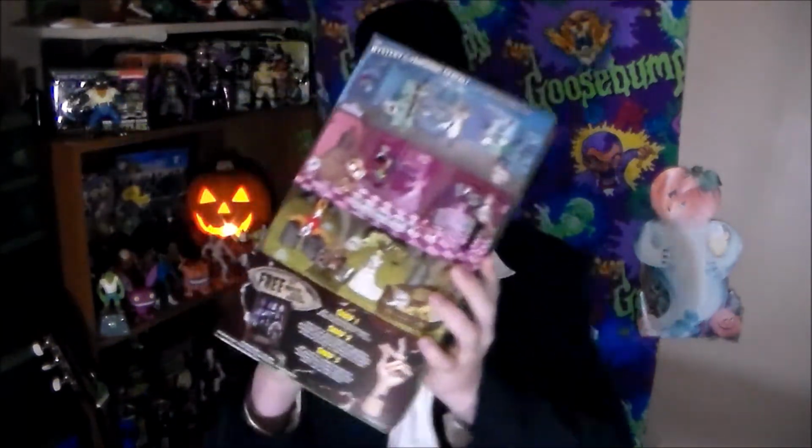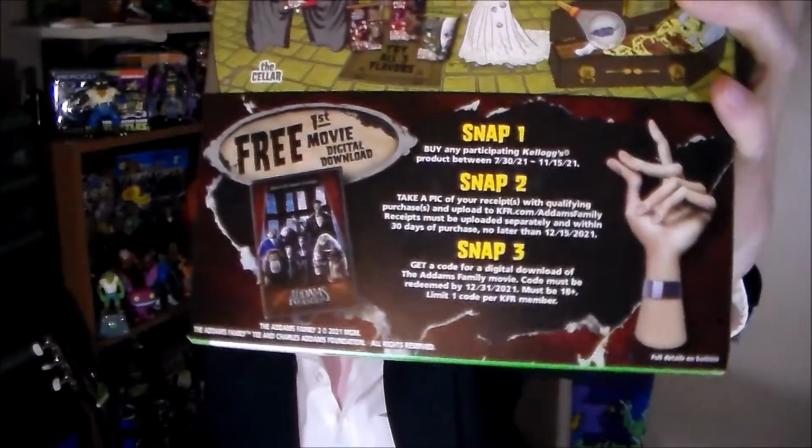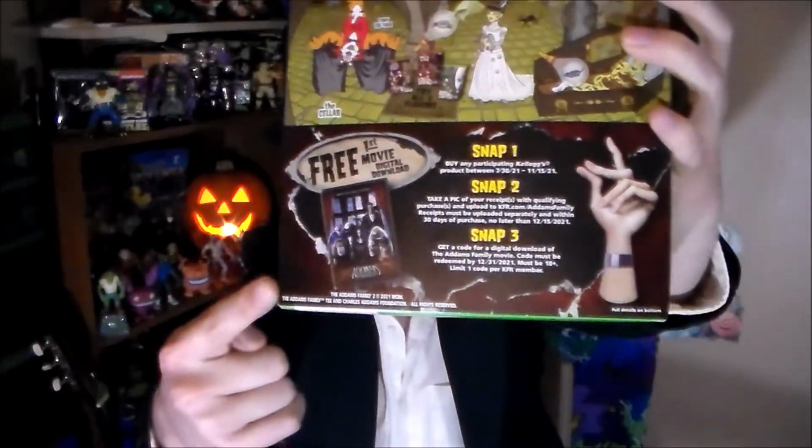So, I did this with the Frosted Flakes, I believe. So if you want to see the reveal of who did what in what room with what cereal, feel free to go back and take a look at the Chocolate Frosted Flakes review right up there. And of course, each box comes with a code for getting the digital download of the first computer-animated Addams Family movie. And there's the directions on how to do it, accompanied with an image of Thing doing the iconic...